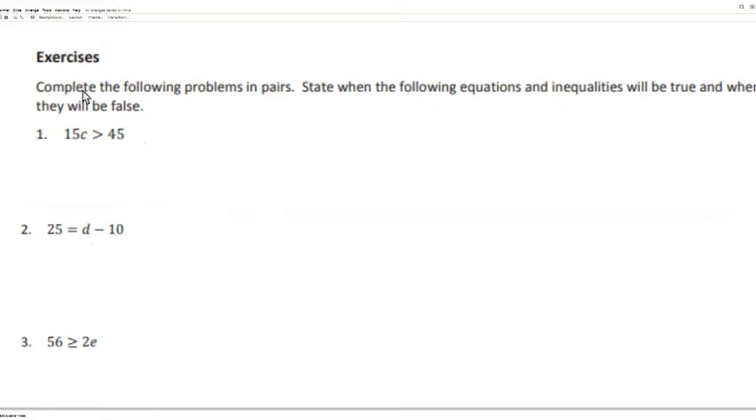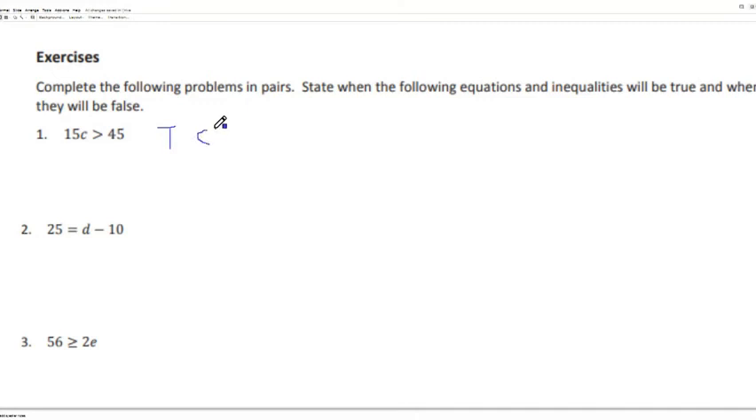All right, so this is complete the following pairs. State whether the equation or inequality will be true or false. Very similar to what we just did. I'm just going to write T for true and F for false. So hopefully you give this a try. For a true statement, you should hopefully have